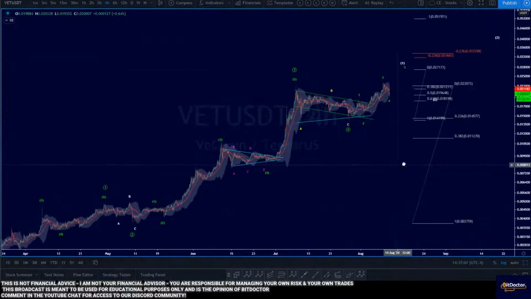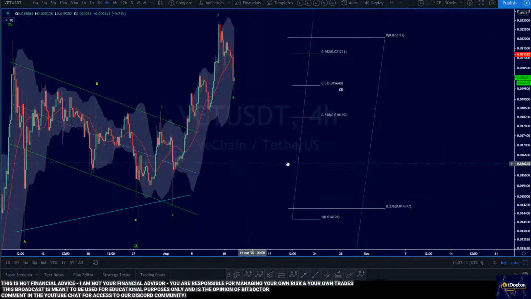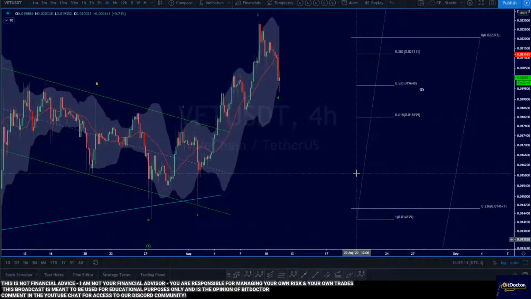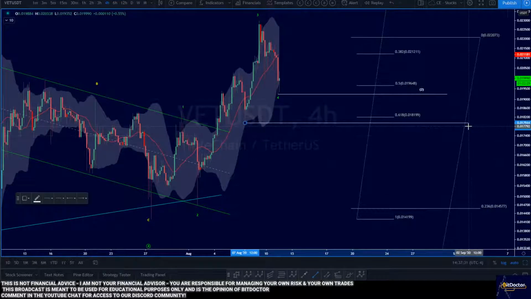Stop loss on this, because that is something that's important to keep in mind here. A stop loss on this, you can take a conservative stop if you'd like at the lows from here. So that's going to be at about 1.9 cents. If you wanted to be a little more liberal with your stop loss, you can take it from this guy down here, which is going to be about 1.8 cents. So somewhere in this range, I would be looking to take a stop loss.